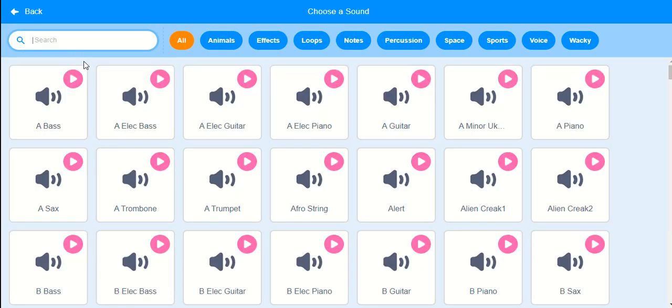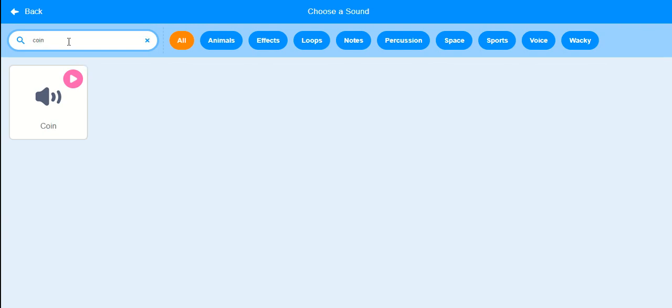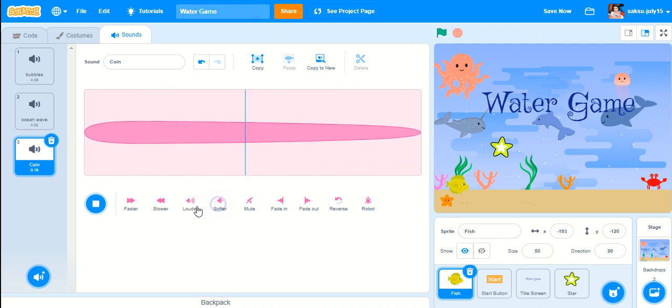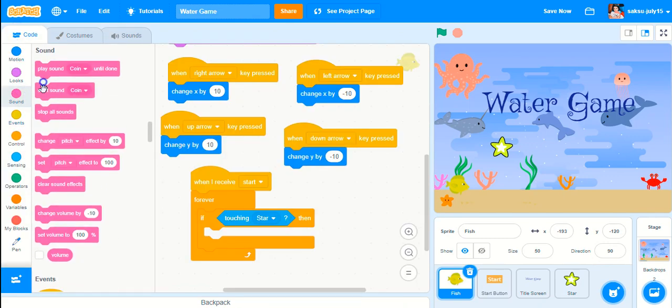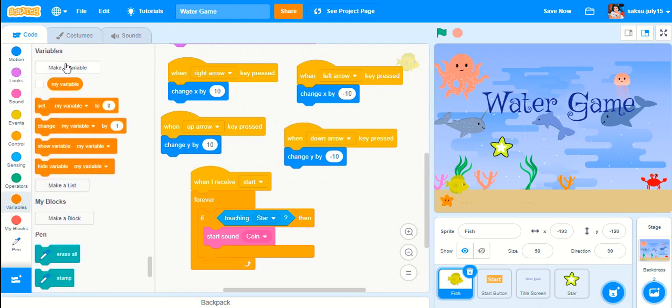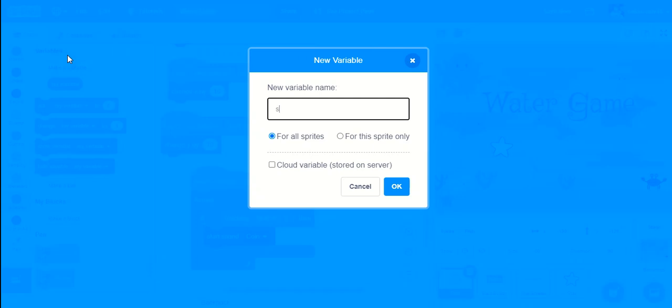Sorry, let's play a sound coin. Actually, we have to make it softer. So start sound coin. Let's also make two new variables called score